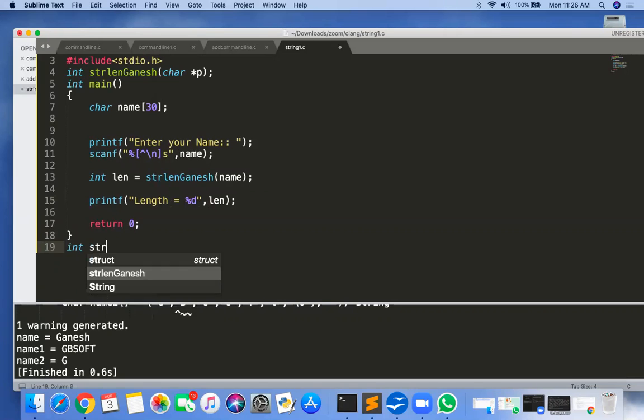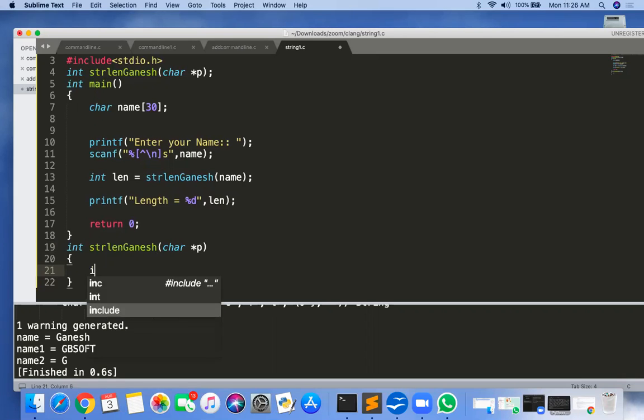So int strlenGanesh and a character pointer, because we know how to pass the array to a function by using a pointer. So I require one variable L here. L, I'm starting with 0.